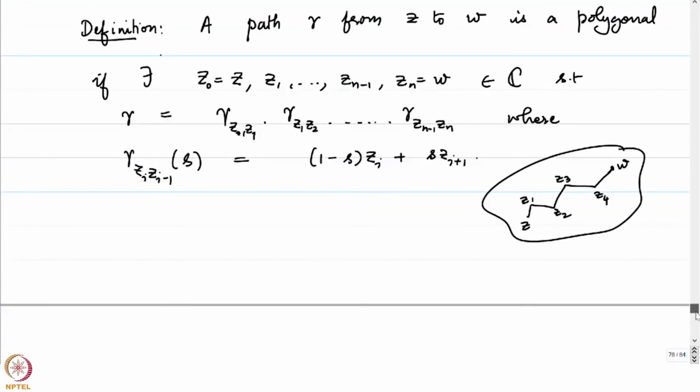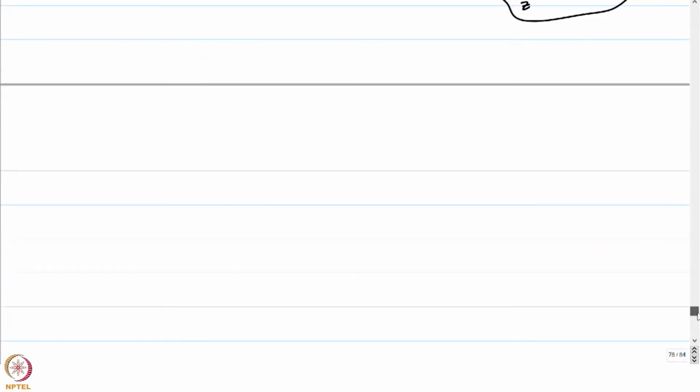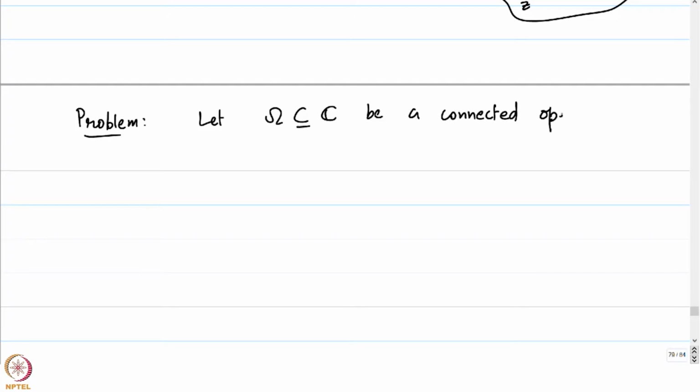The next problem tells us that if you have a connected set, and you take any 2 points in the connected set, we can get hold of a polygonal path in the open set, such that each of the line segments is parallel either to the x-axis or the y-axis, the real axis or the imaginary axis. That's a special type of path we can always get in connected open sets. Let me write down the problem. Let omega contained in C be a connected open set. Then prove that,